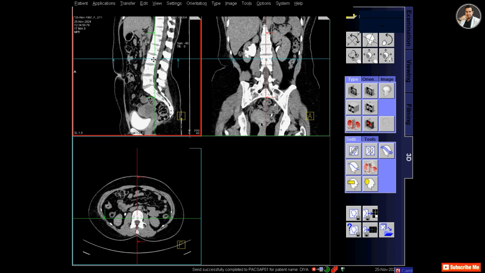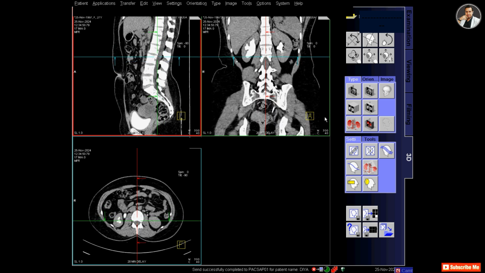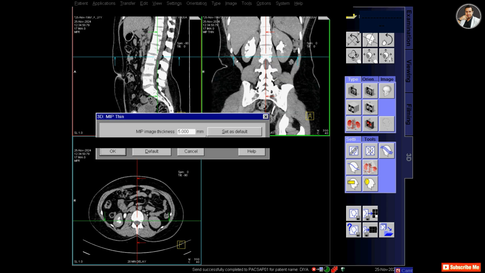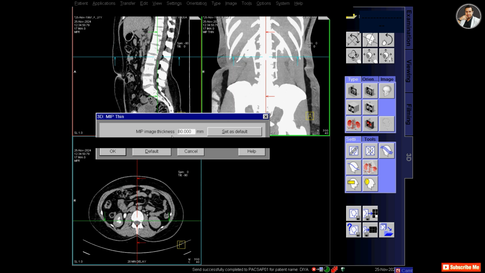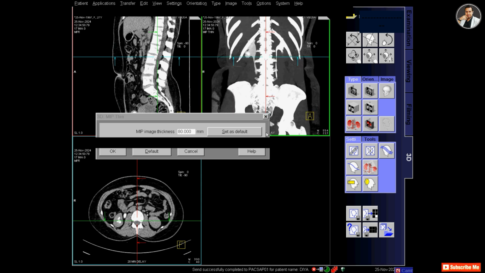In the coronal image I am just dragging the reference lines over the sagittal image, and now I will make MIP images in 60 millimeter, and I'm checking the ureter.